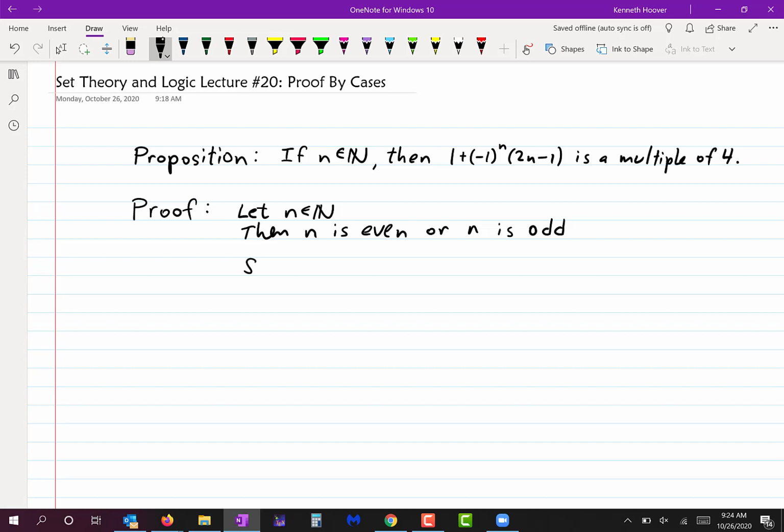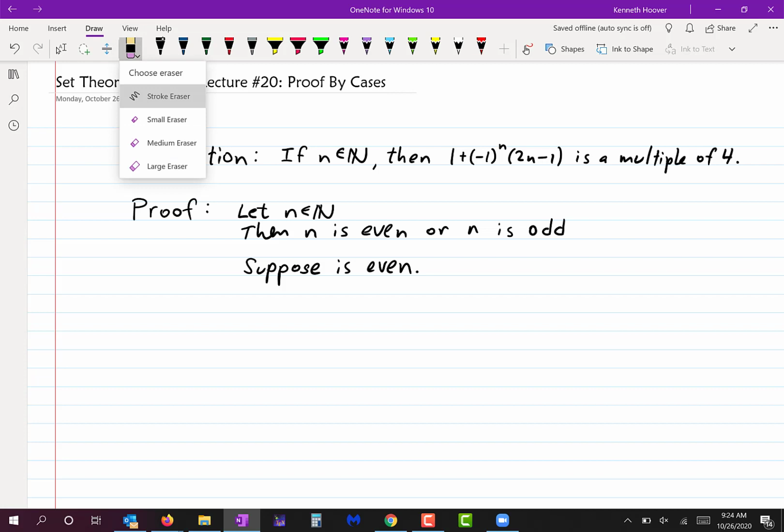So let's do, suppose n is even. Okay, and from now on, for me, n is an even number, and I'm going to show that this is a multiple of 4. Okay, and then I'll do the case where n is odd. All right, so, whoops, I wrote suppose is even. That doesn't make any sense. Okay, suppose n is even. All right,